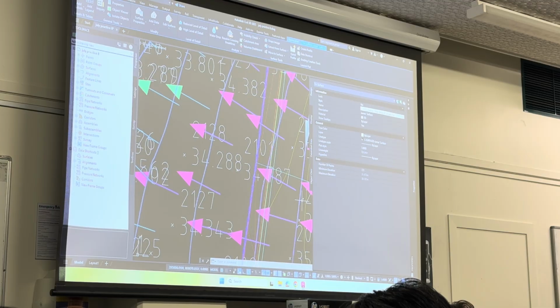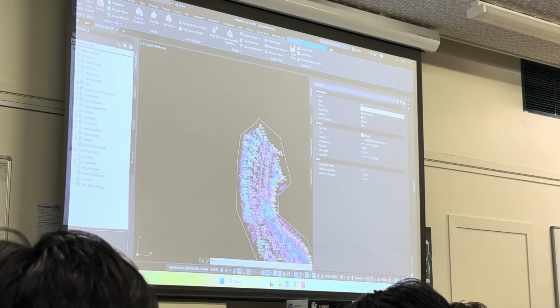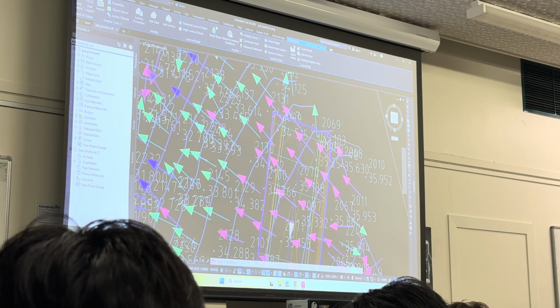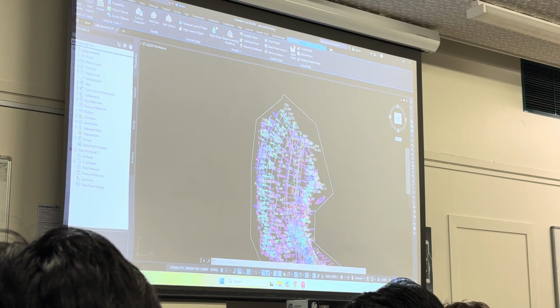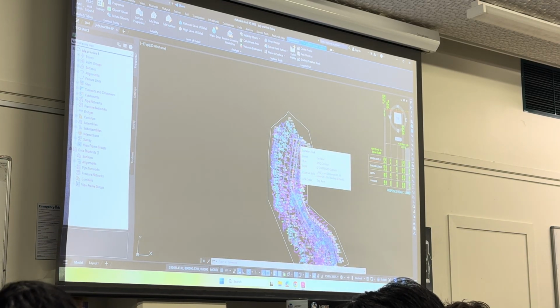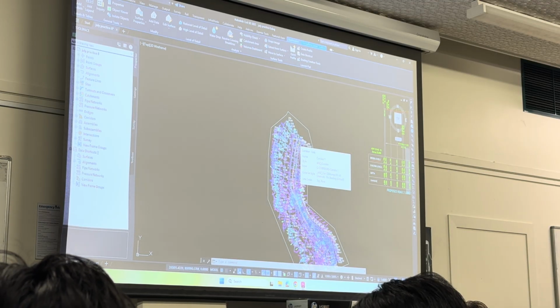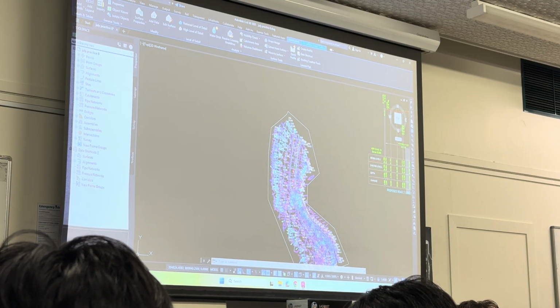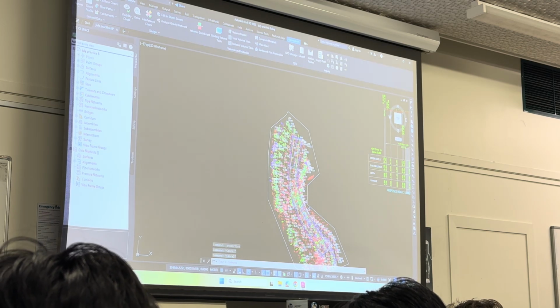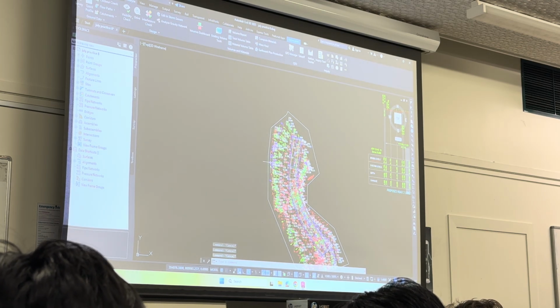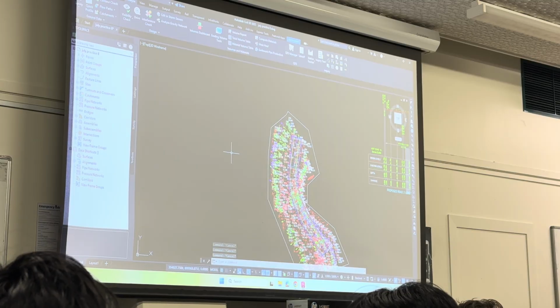When you select that one, you should get these arrows everywhere. Just a thumbs up if you guys have got that. Got the arrows? Alright, so now we will edit those arrows. We will go to the